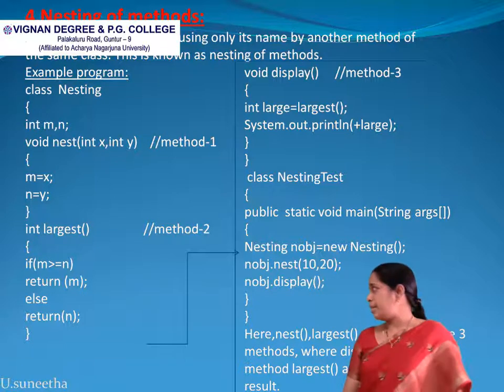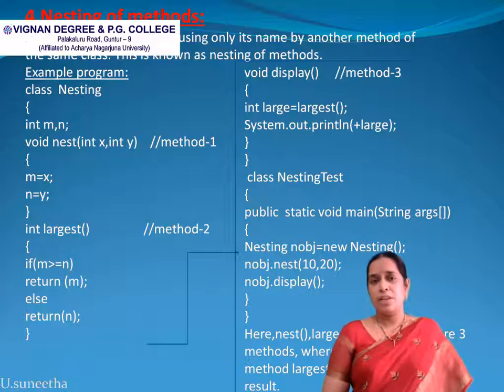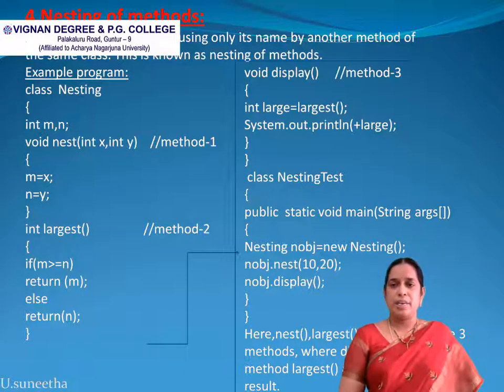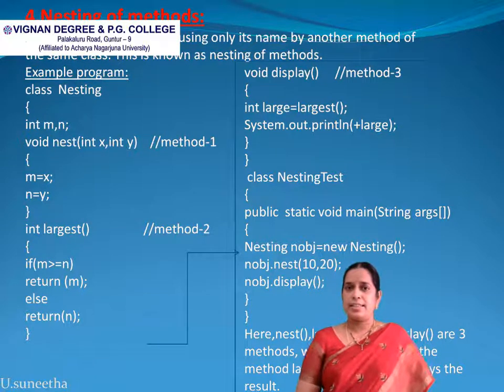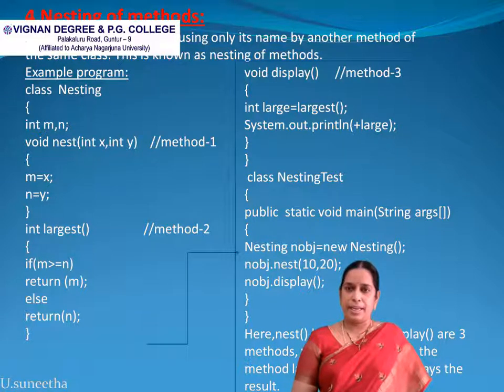And here is an example to demonstrate testing of methods. In this example also there are two classes. The name of the first class is Nesting and the name of the second class is NestingTest. In the first class, that is in the Nesting class, there are two variables, namely m and n, and it